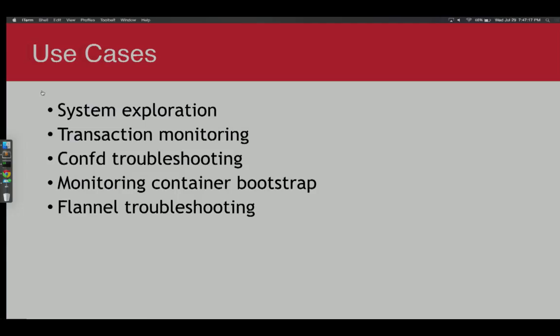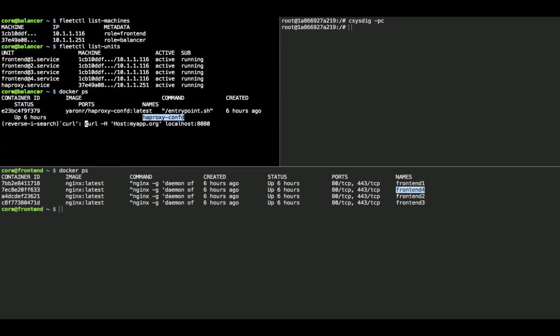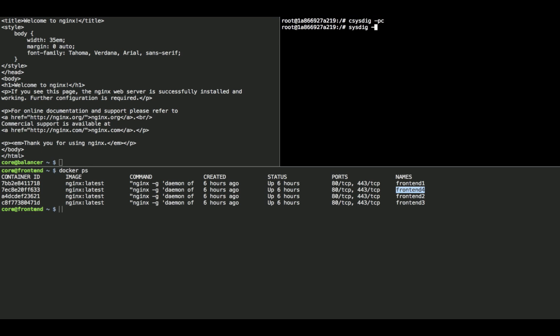As I said, this is a very simple web application. So I can do a curl here, and I can see that the HTTP request goes through one of the NGINX containers and is served. But what is nice when you have distributed microservices-based infrastructures is sometimes following the path of a transaction from end to end across all the components of the system. And this is something that at Sysdig we thought a lot about. And in fact, I can use a chisel, called the echo file descriptor chisel,